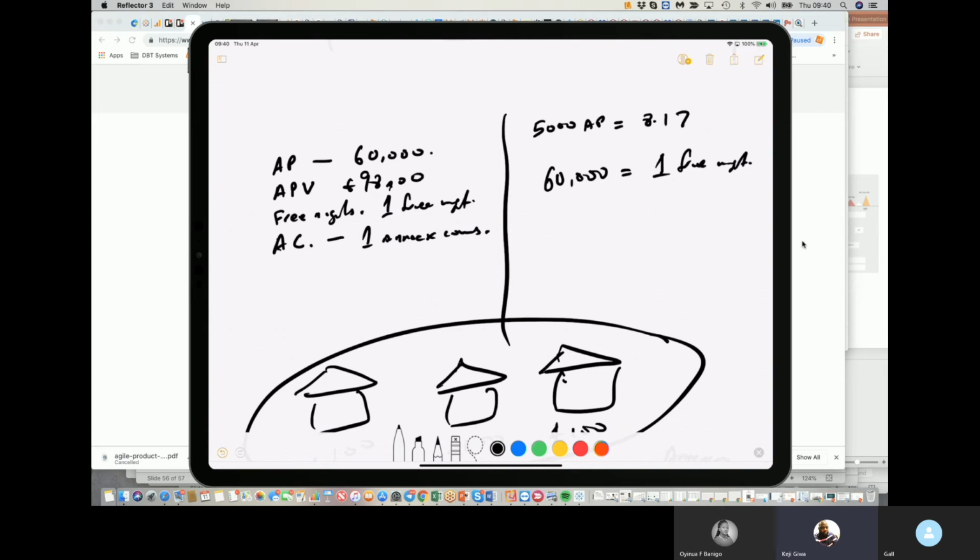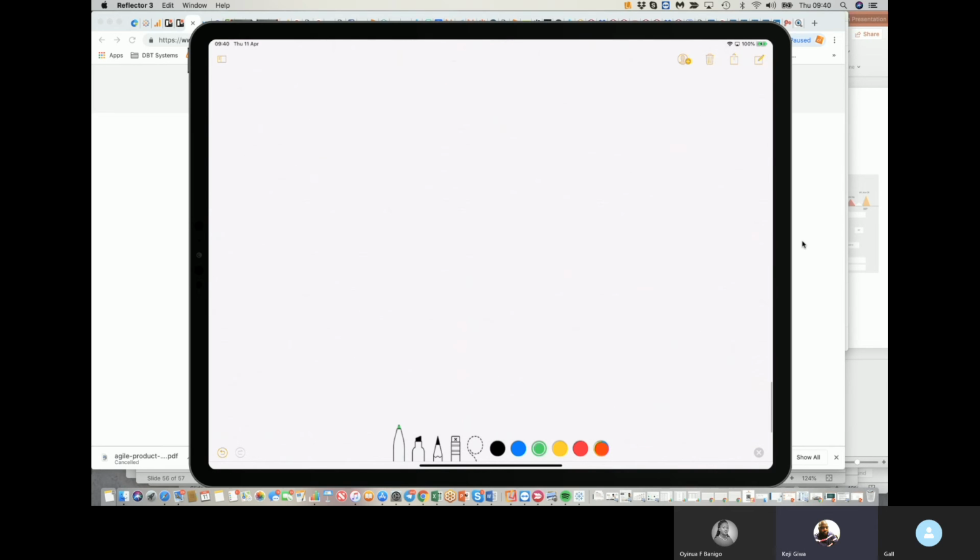So basically 5,000 annex points is equal to £8.17, which means that 20,000 annex points is equal to £32.67. Now, 60,000 annex points is equal to £98, and we know that if you have £98, you automatically get 1 free night. Does it make sense? So what you now do is this: